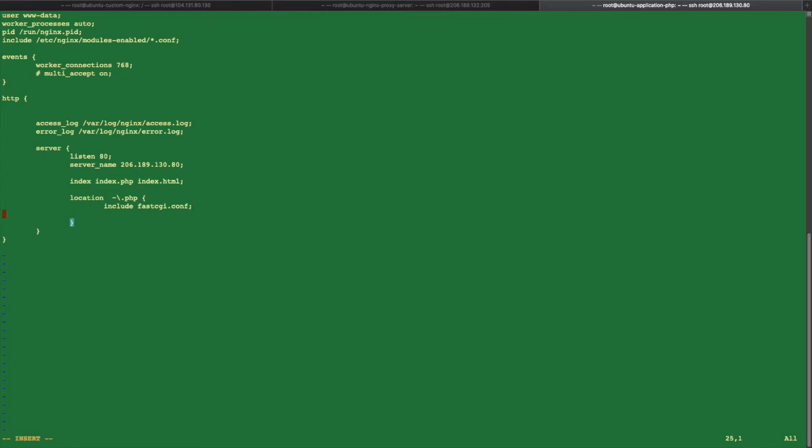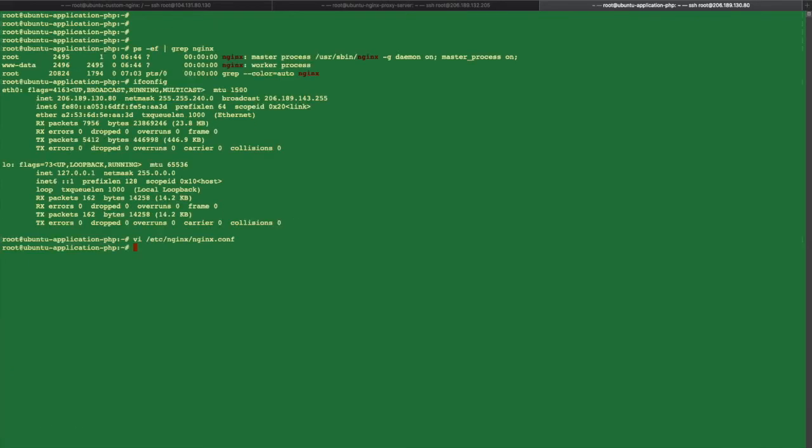Then I need to define the socket path. We have already discussed all these things in the earlier lecture, so I'm not going to repeat this. I am directly going to define it over here. But to define the path, we need to find out the path first. So let's save this at this location.